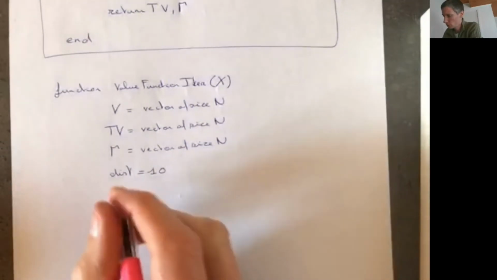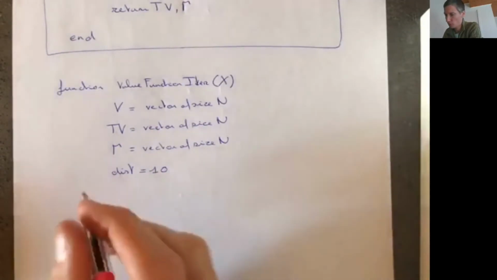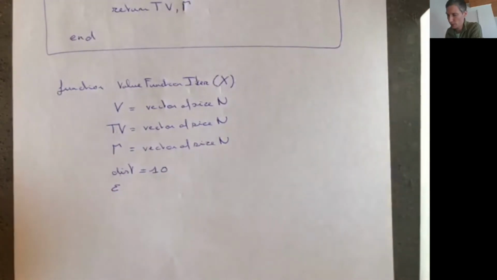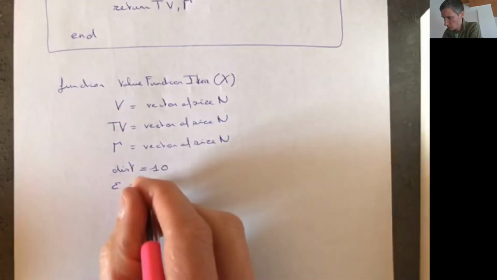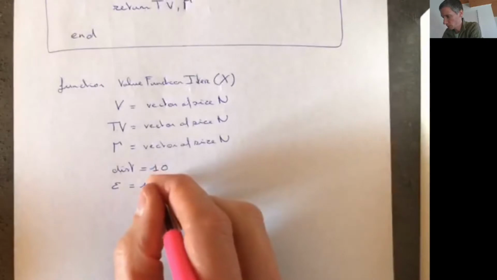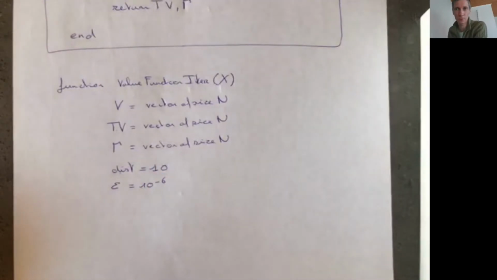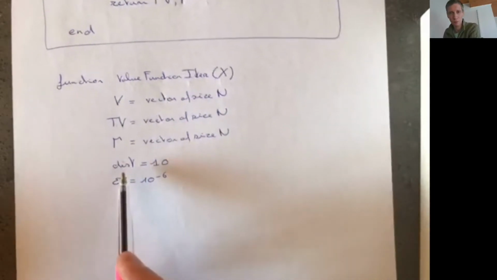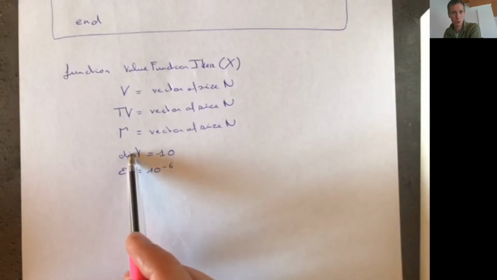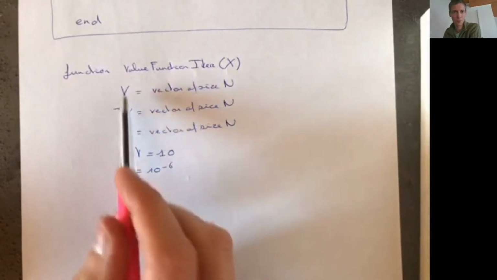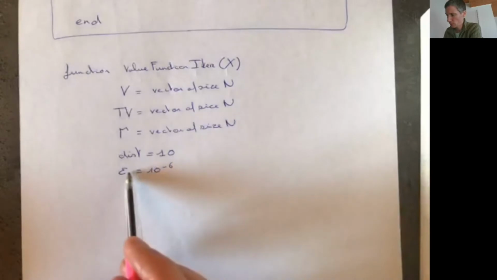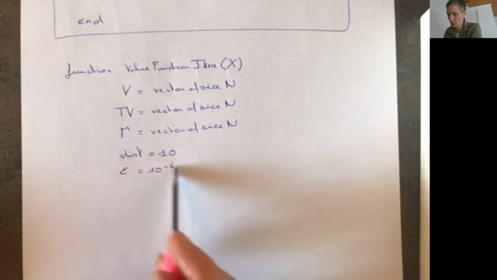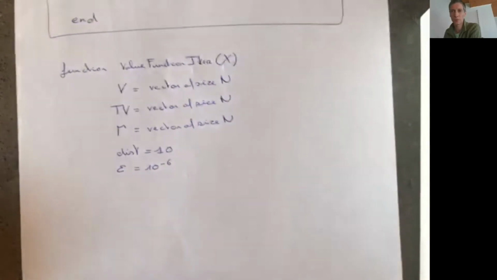And I'm going to introduce some very small number. Let me call this epsilon. It's, for example, 10 to the minus 6 or something, so it's a very small number. So what I'm going to do at each iteration is compute the distance between this and this vector. And as soon as the distance is below this epsilon, I'm going to stop the algorithm and just give